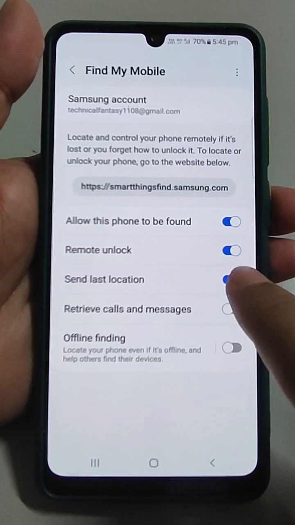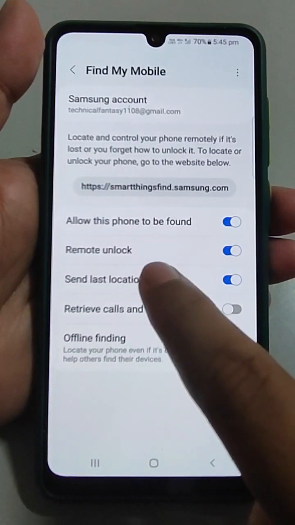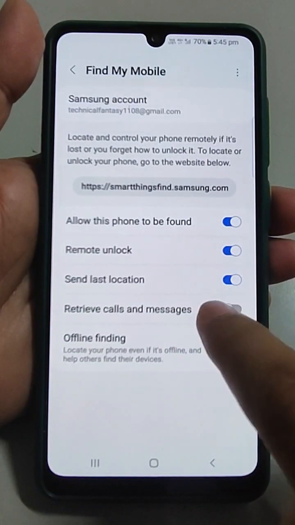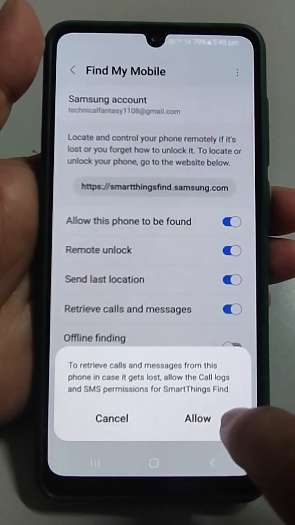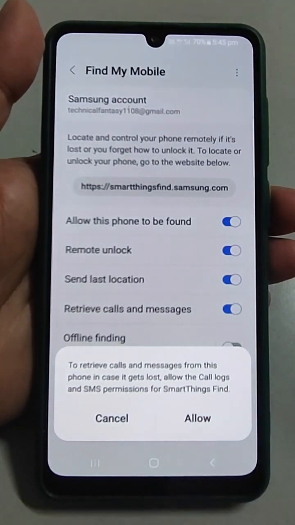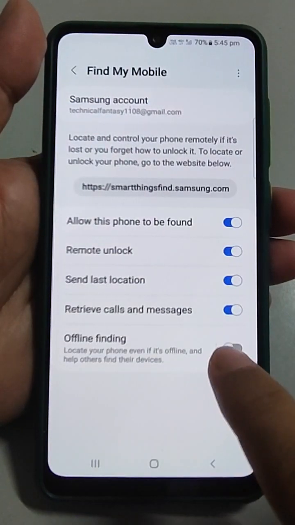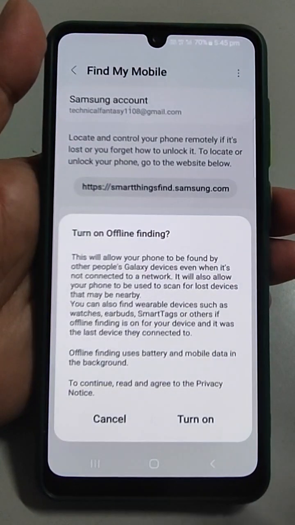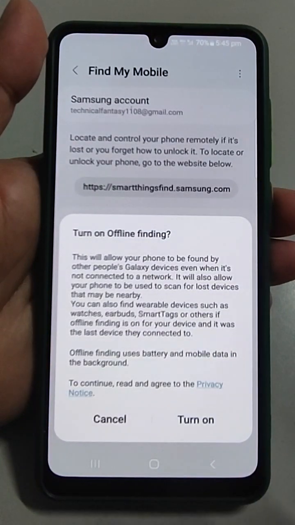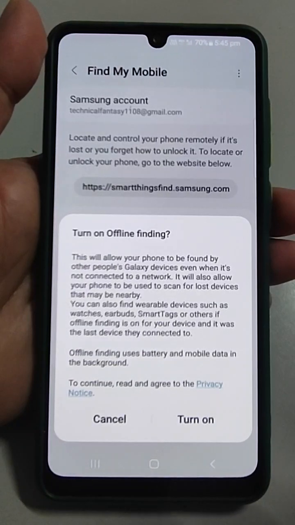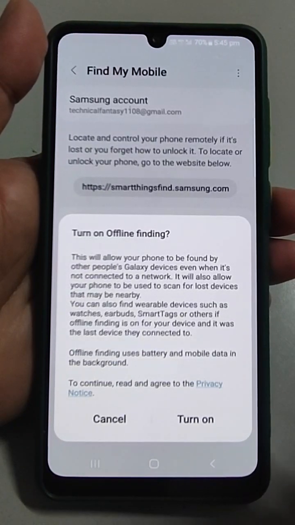If we want to send the last location, just turn it on. For retrieve call and messages, we can do this. And for offline finding, it means if we turn on this offline finding, then this will allow this phone